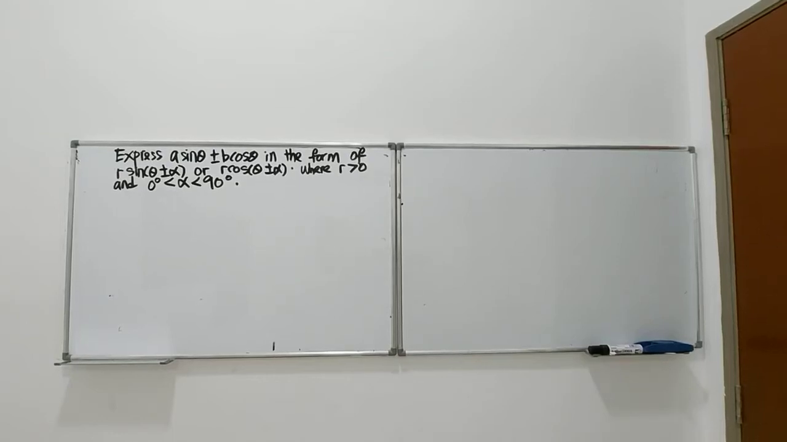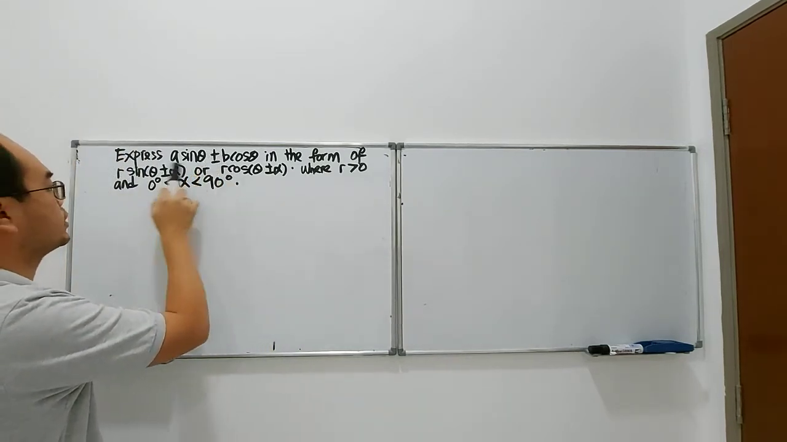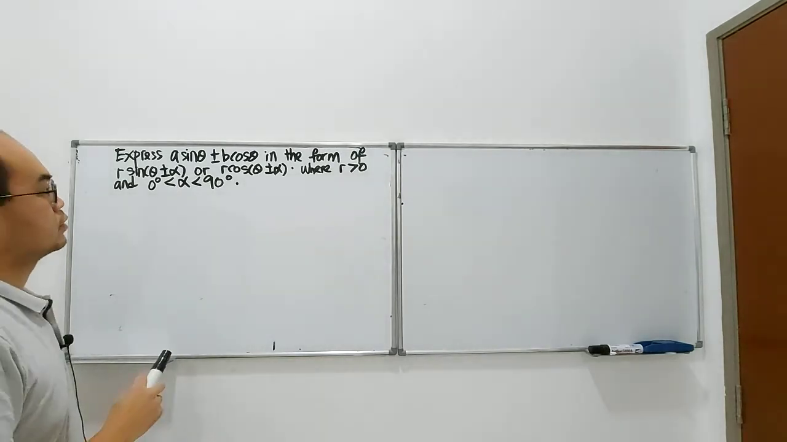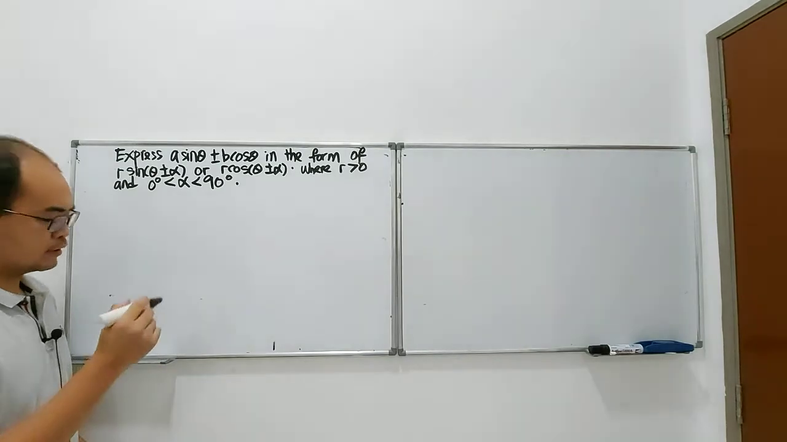Hi, alright, this is 7.3, how to express a sine theta plus or minus b cos theta in the form of r sine theta plus alpha. This means converting an addition or subtraction into one single trigonometric function. So I'm going to introduce you to some